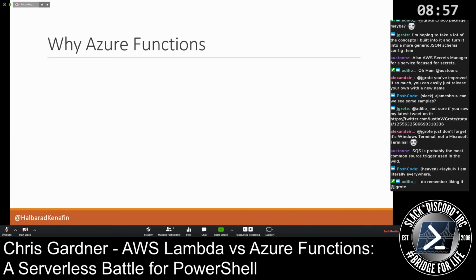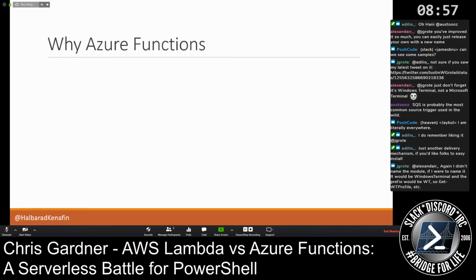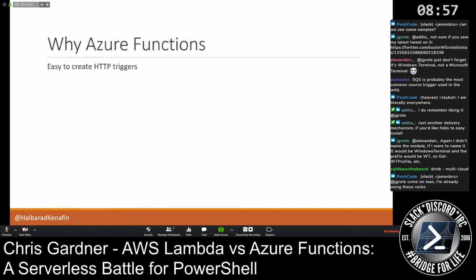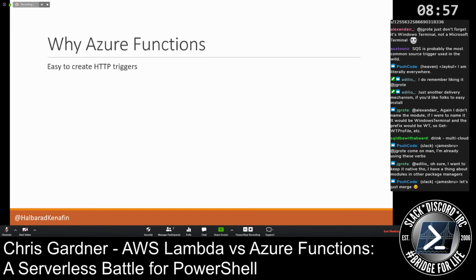If you're not, this is mostly from the point of view of people who are either multi-cloud for a variety of reasons, or who don't have any cloud yet because they haven't caught up to the real world, or have whatever security issues and whatnot. So they have easy creating HTTP triggers because they're just there out of the box. HTTP and timer are probably the biggest two triggers you will use, at least when starting out with functions. So having them there out of the box and not having to maintain an API gateway is a massive benefit. Makes my life a lot easier with having to manage these things.